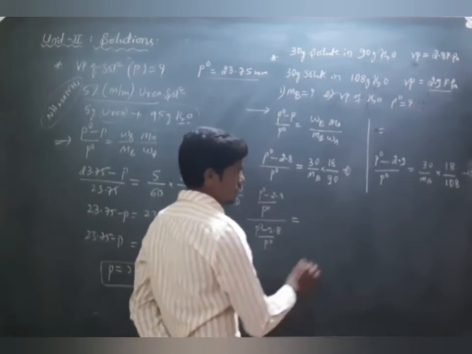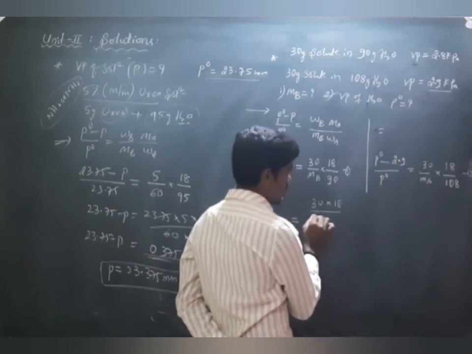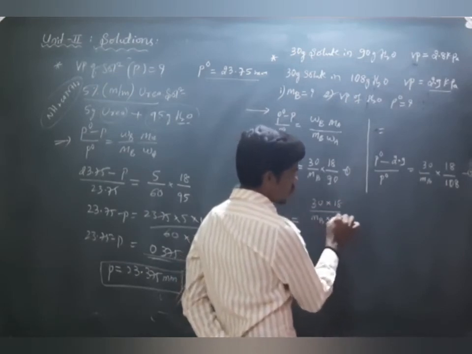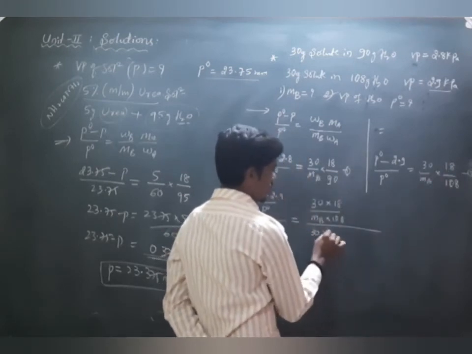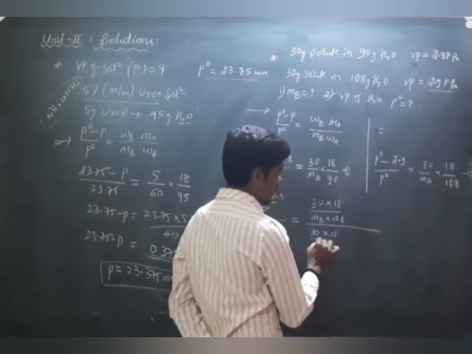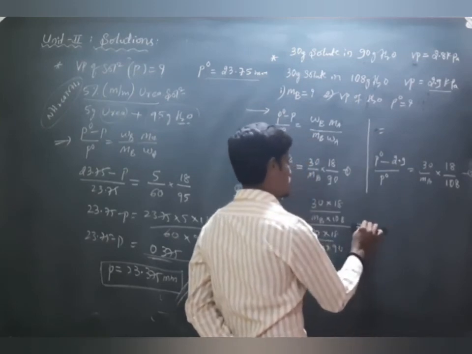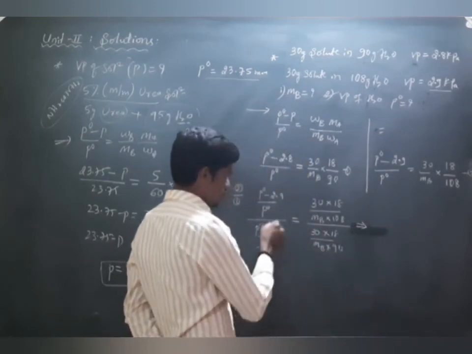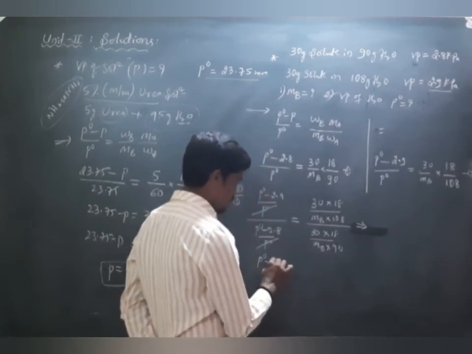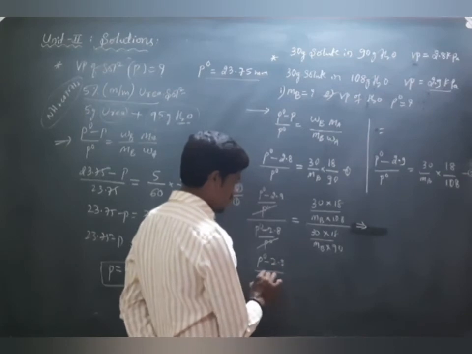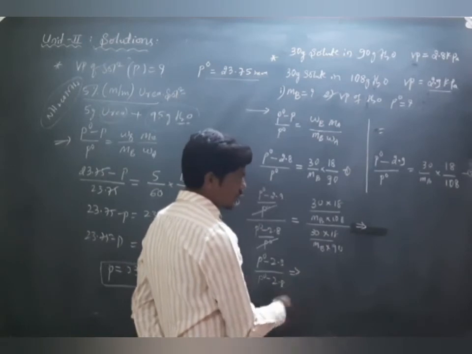On the RHS, (30 into 18 divided by MB into 108) whole divided by (30 into 18 divided by MB into 90). So here P naught gets cancelled. Therefore remaining is (P naught minus 2.9) divided by (P naught minus 2.8), that is equal to